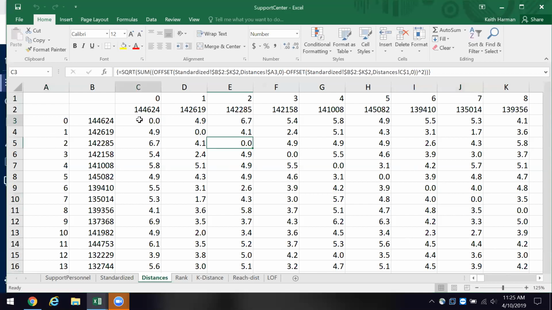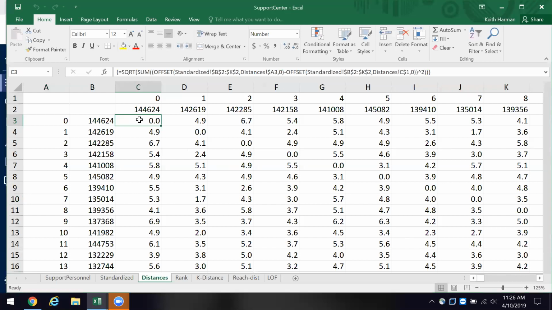And let's start with cell number C3. In C3, we have a 0. And in this case, this person is being compared against themselves. Okay? That's how we tie the matrix together, and then we begin to compare versus other folks. Okay? And I'm going to walk you through that.